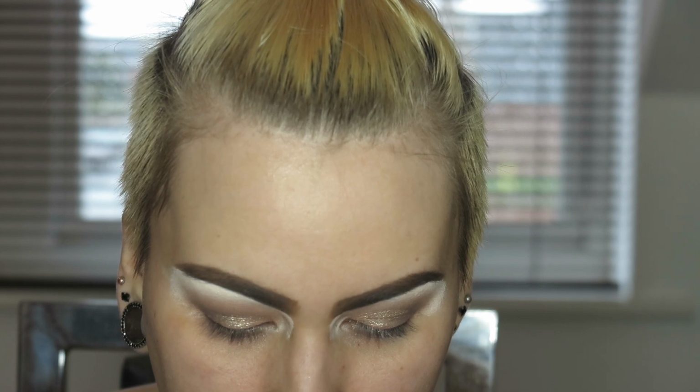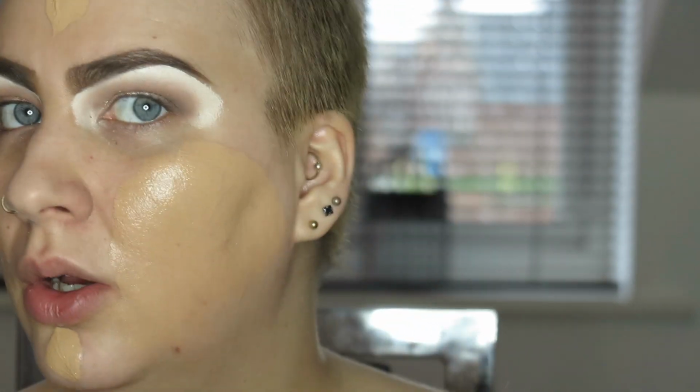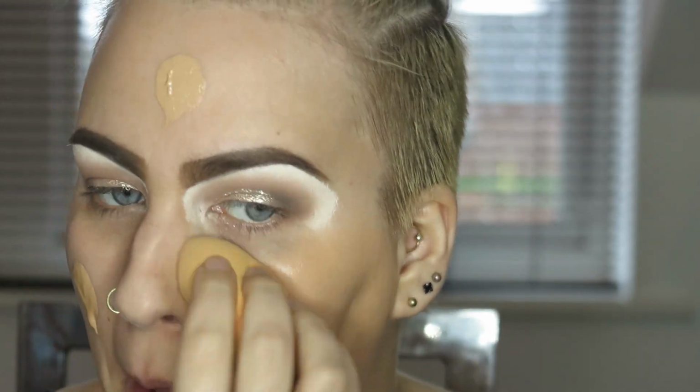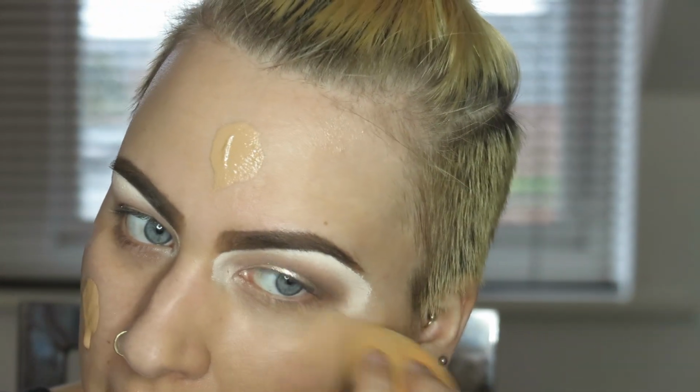I washed my beauty blender, it's still stained, and obviously it's a beauty blender, so we all know what they're like. From experience, oh, that's too dark. And if it oxidizes, that's really not going to be great. Oh, that's a lot more orange in real life than it's showing on there. Wow, that's